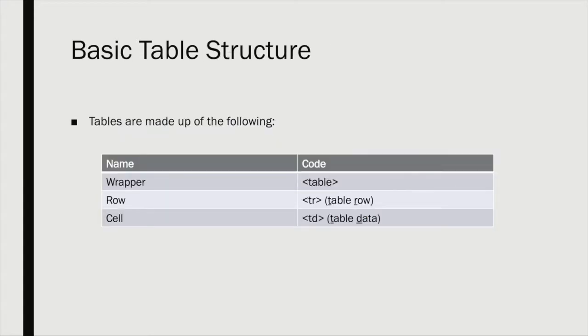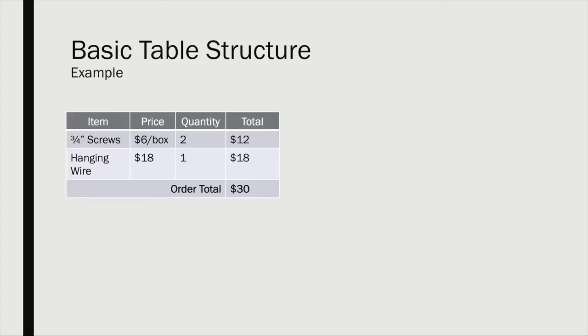Your basic table structure consists of three items: the table tag, which creates and ends the table, a row or a TR tag, and a cell or a TD tag, which stands for table data. So you have the table tag, the TR, table row, and the TD, table data tag. How all these work together, we'll get to that in just a minute. Let's take this example again with the item, price, quantity, and total. There are a few advanced features here, but for the basics, we'll cover just how to make this out of